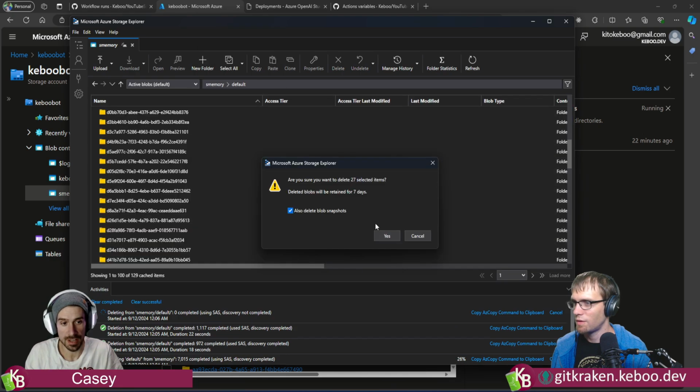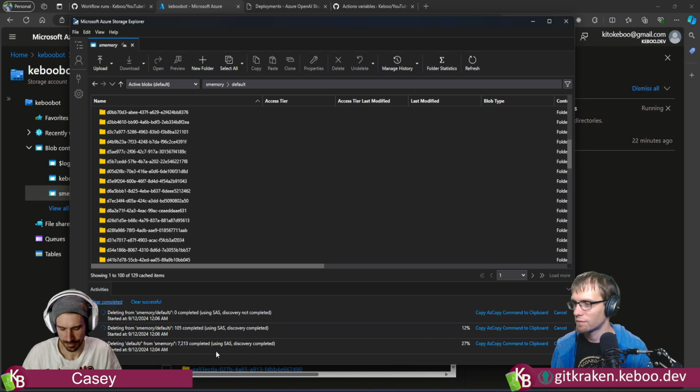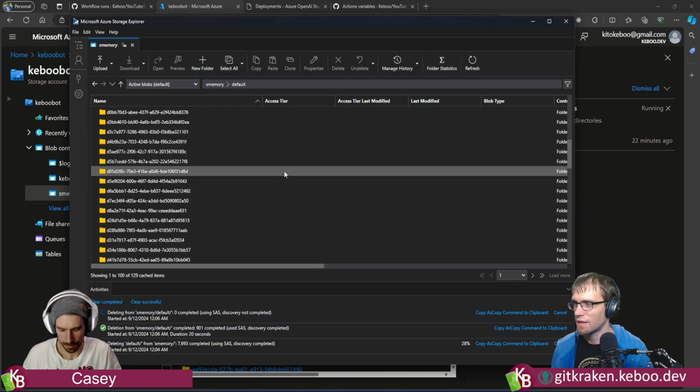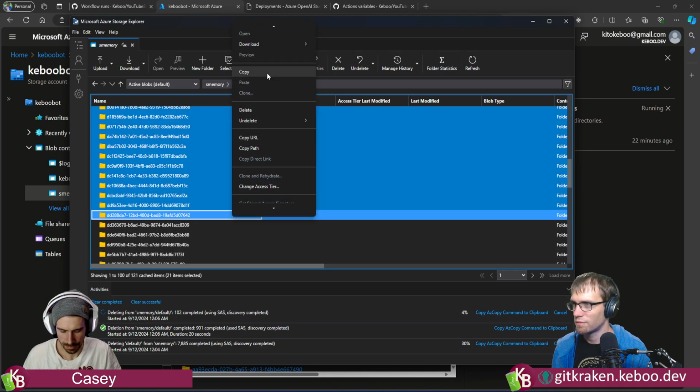I mean, you can see it's already ripped through 28% of clearing at default. Like that's a sizable chunk compared to what the other one was doing.